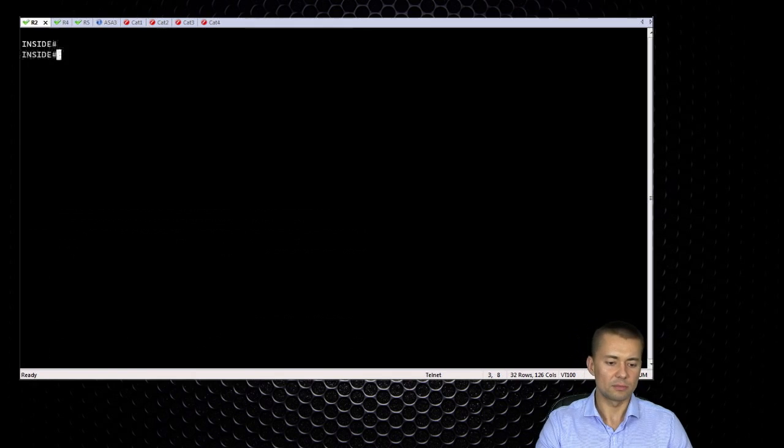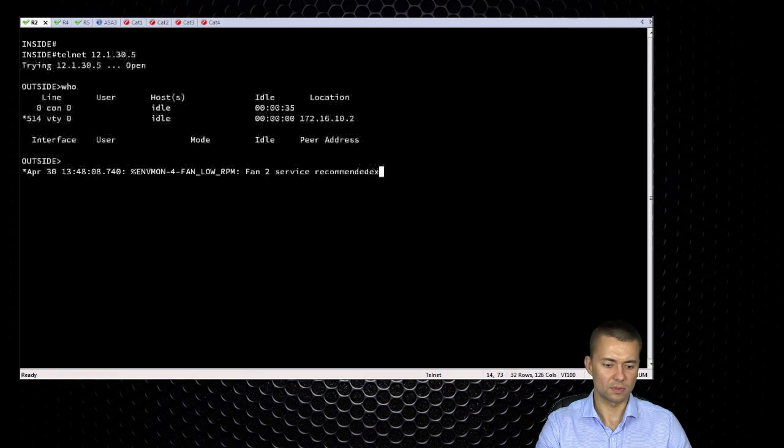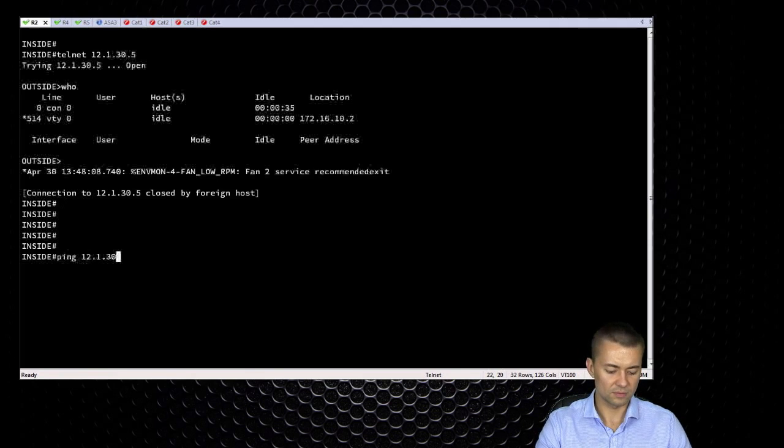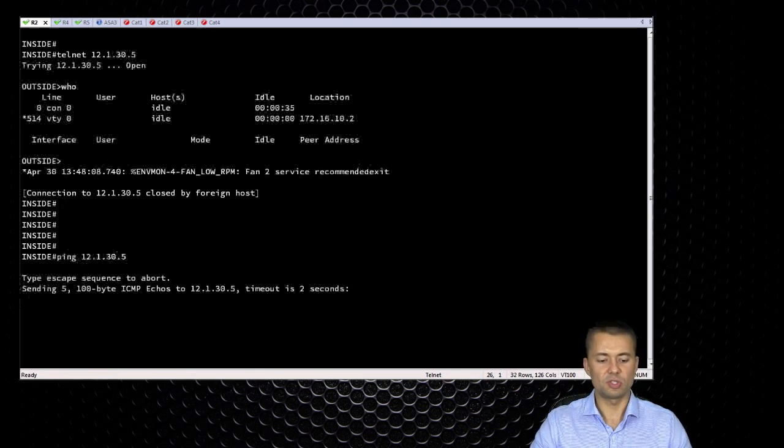Like if I were to, instead of issuing a telnet to the outside, which we know is allowed, if I try to ping this device, we see we don't have connectivity, but in fact we have unidirectional connectivity in this case. Because the ASA is allowing the,